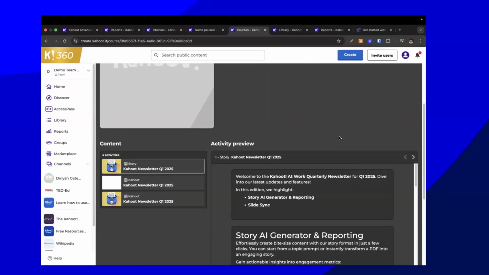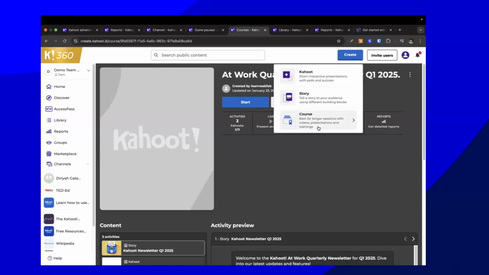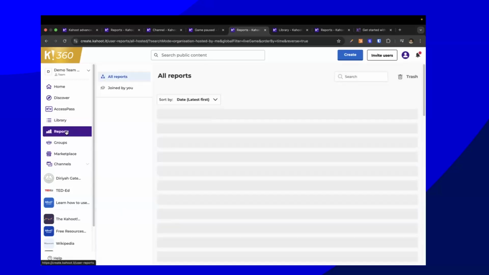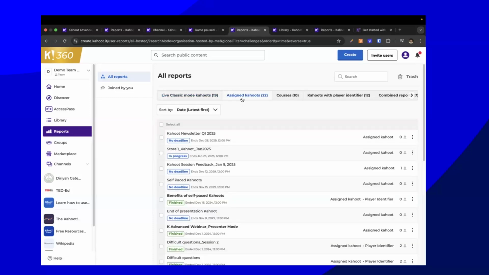So that's covered creating Kahoots. I've covered creating a story and creating a course. As I said, if that's something we want to get deeper into, that could be something for a future session. What I want to go to now is, of course, reporting. This comes up quite a lot when we're having customer training sessions with customers that maybe have been with us for a while. They've seen usage of Kahoot, and many of them don't actually realize that reporting is such a powerful thing that you have built into the platform. So why use reports?